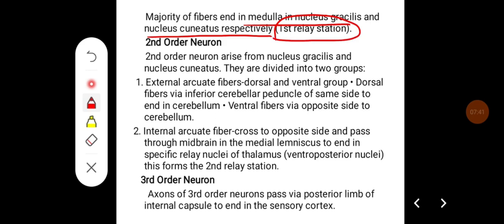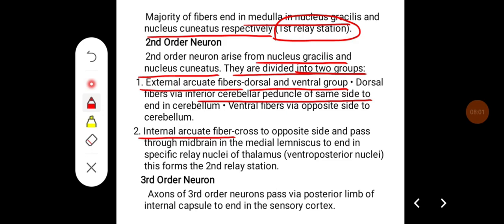The second order neuron arises from the nucleus gracilis and nucleus cuneatus. They are divided into two groups, external arcuate fibers and internal arcuate fibers. External arcuate fibers again get divided into dorsal and ventral groups. Dorsal fibers enter the inferior cerebellar peduncle of the same side to end in the cerebellum, and the ventral fibers also reach the cerebellum, particularly the opposite side of the cerebellum